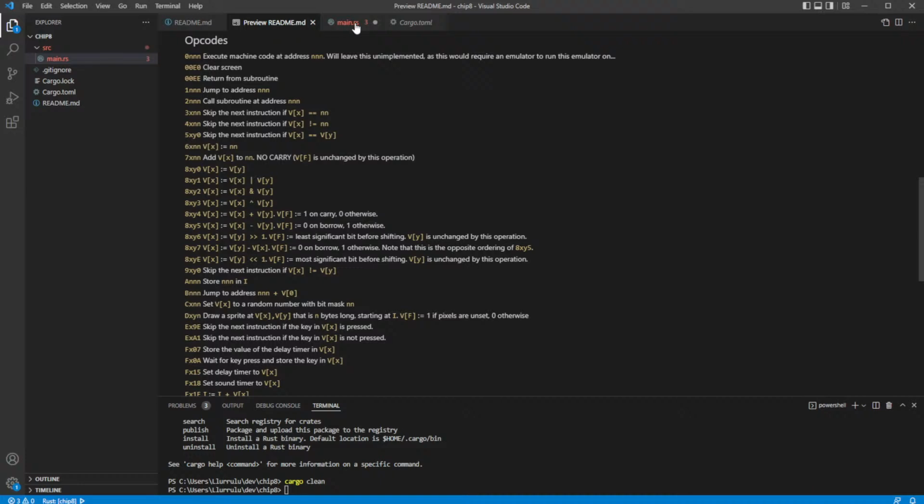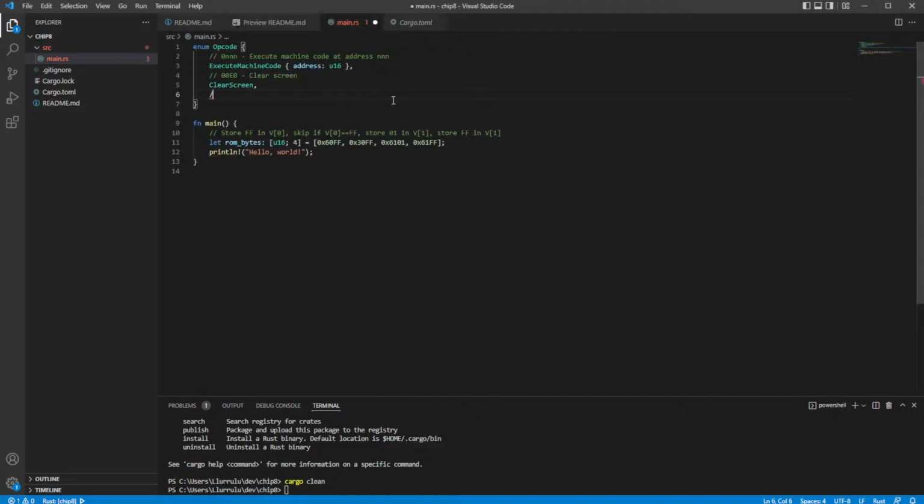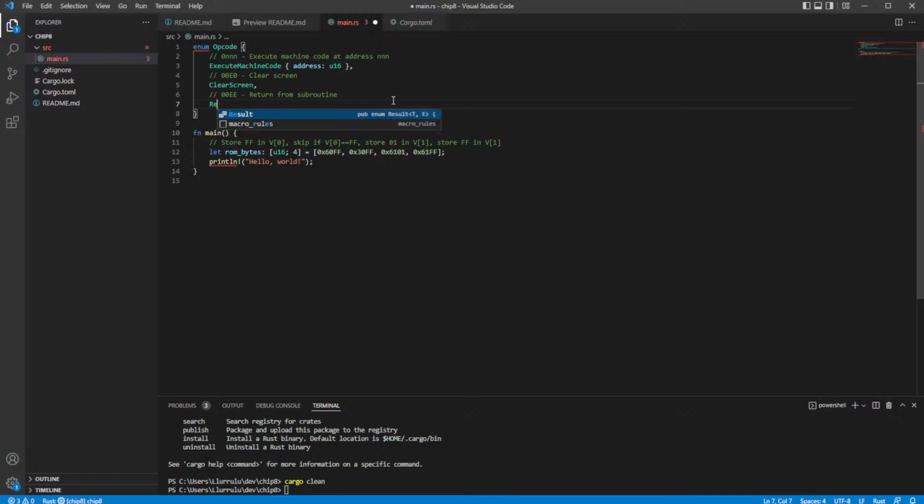Oh, EE, return from subroutine. Now I'm sure there's Rust docs, and I should honestly be using those. I'll go look that up after I type this out. Don't like using return, but at the same time, it's return. And it is namespaced in opcode and it's capital, so that's fine, probably. So, going to